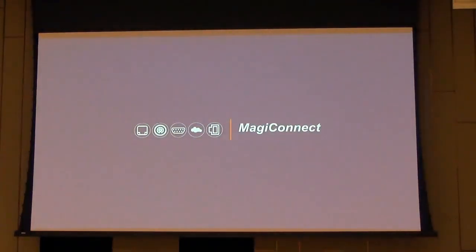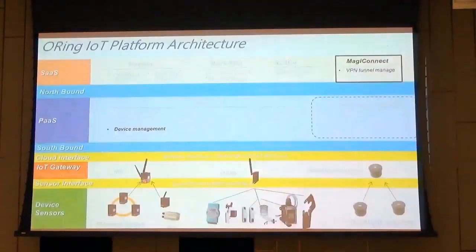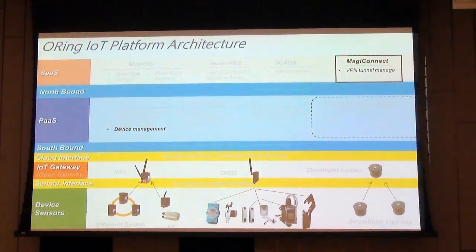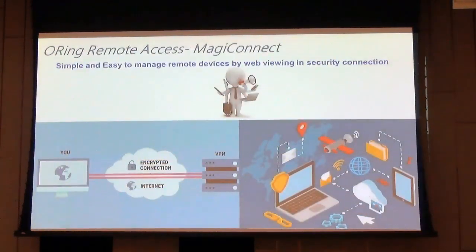And this one shows the Magic Connect. The major connector is what this year we implement into our Oring IoT platform as a SaaS application. The main function is about VPN tunnel management. Why did we build this function? Because